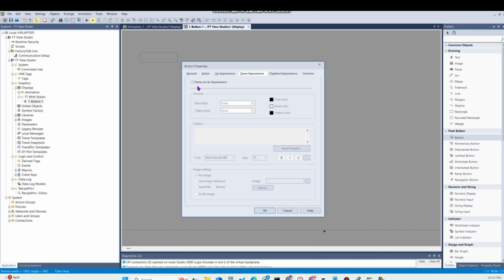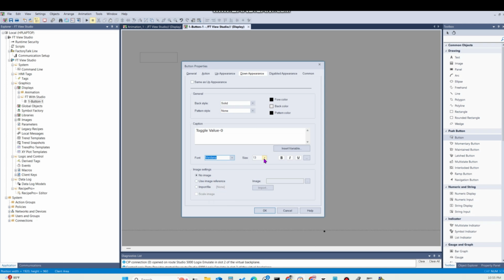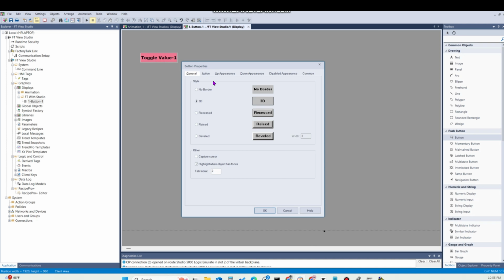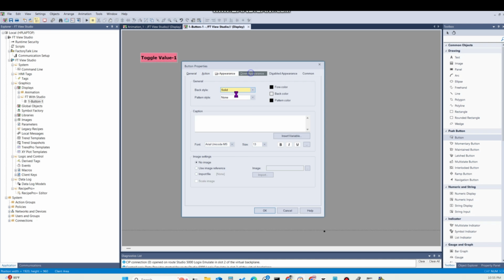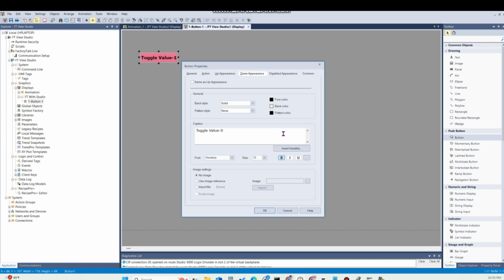Here you can see it is the same as the up appearance, so deselect, and copy and paste it here. Tag 0, toggle 0, toggle value 0, and caption should be Verdana, font size 12, bold. Now you can disable appearance. I will talk about that later. So value 1 for down appearance,